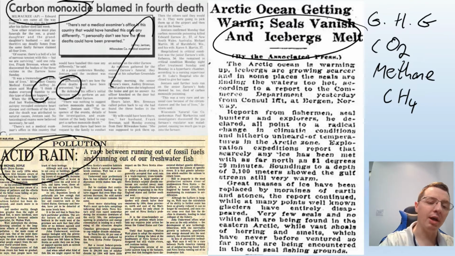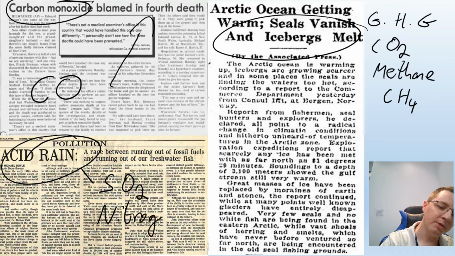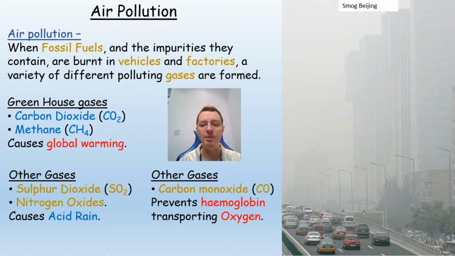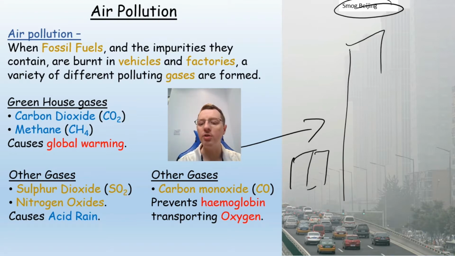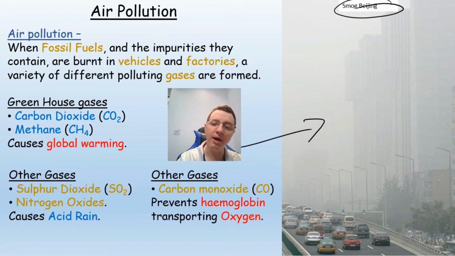And here we're looking at gases like sulfur dioxide and nitrogen oxides. So let's look at those 3 in a little bit more detail. Here we've got a little picture of Beijing, and you can see there are a number of tall buildings in the background. There's one there, there's one there, and none of these buildings are particularly far from the camera. In fact, they're all within 500 meters or so, but yet it is incredibly difficult to see these buildings in this picture due to the low air quality and the pollution that's in the atmosphere.